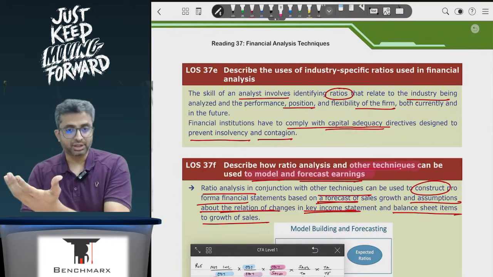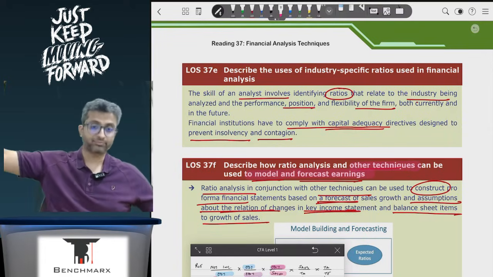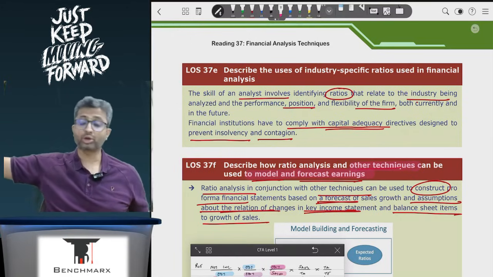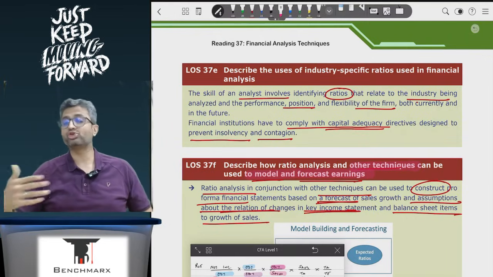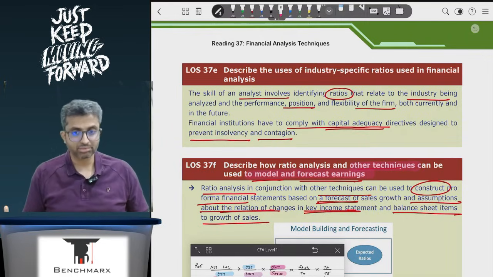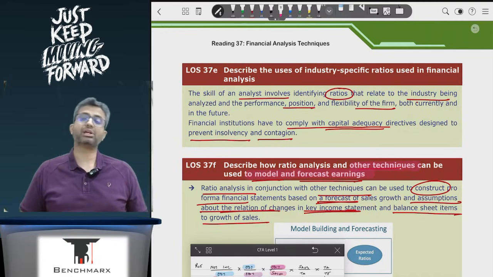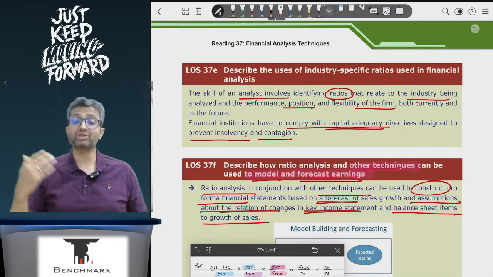You can predict the working capital. Financial modeling means forecasting the balance sheet, forecasting the profit and loss, and thereby forecasting the cash flow. For that, you'll have to forecast income statement items for which you might need, for example, margin ratios. You need to forecast balance sheet items for which you might need the turnover ratios, and hence ratios form a